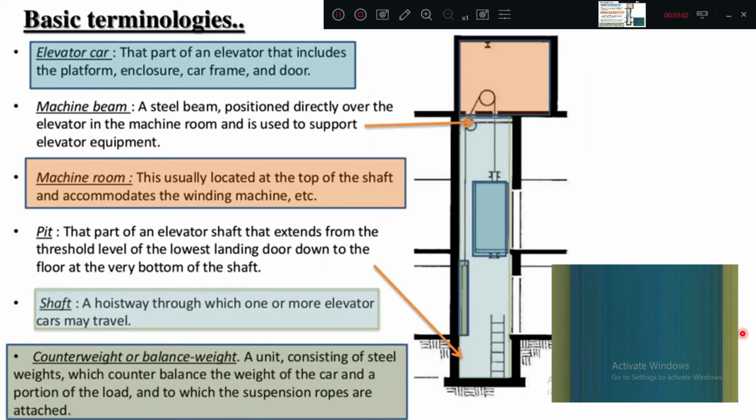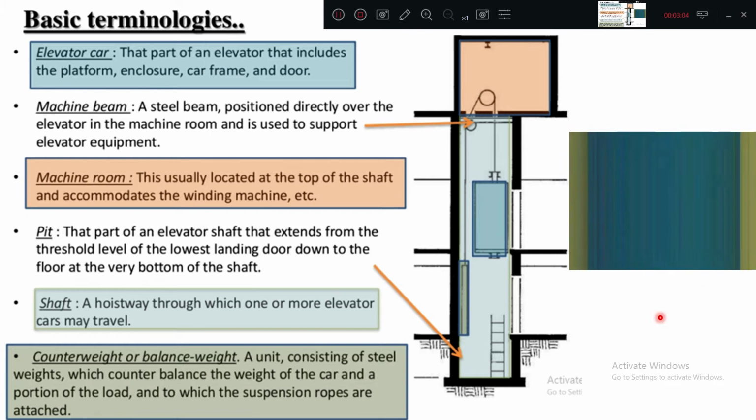Basic terminologies, if you can see the cross section. Okay, this is the building portion. There is the entrance for moving into the lift. This total assembly is called a lift or elevator. This is the entrance portion. This is where the movement happens, the total enclosed well. This is called the car. This is called the counterweight.